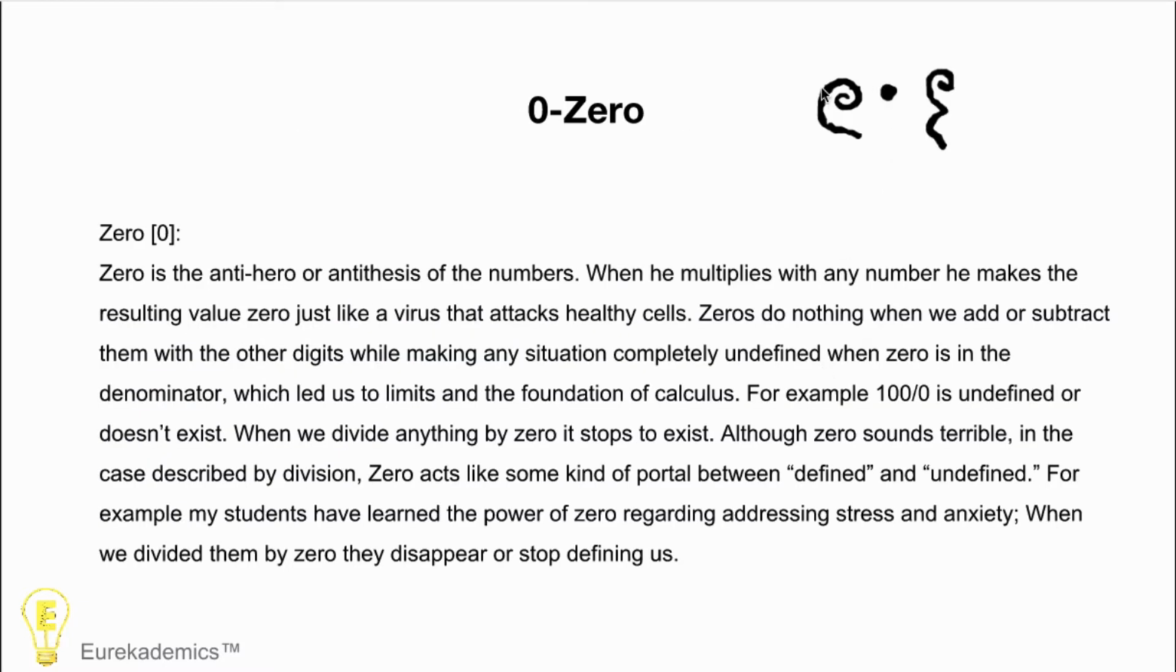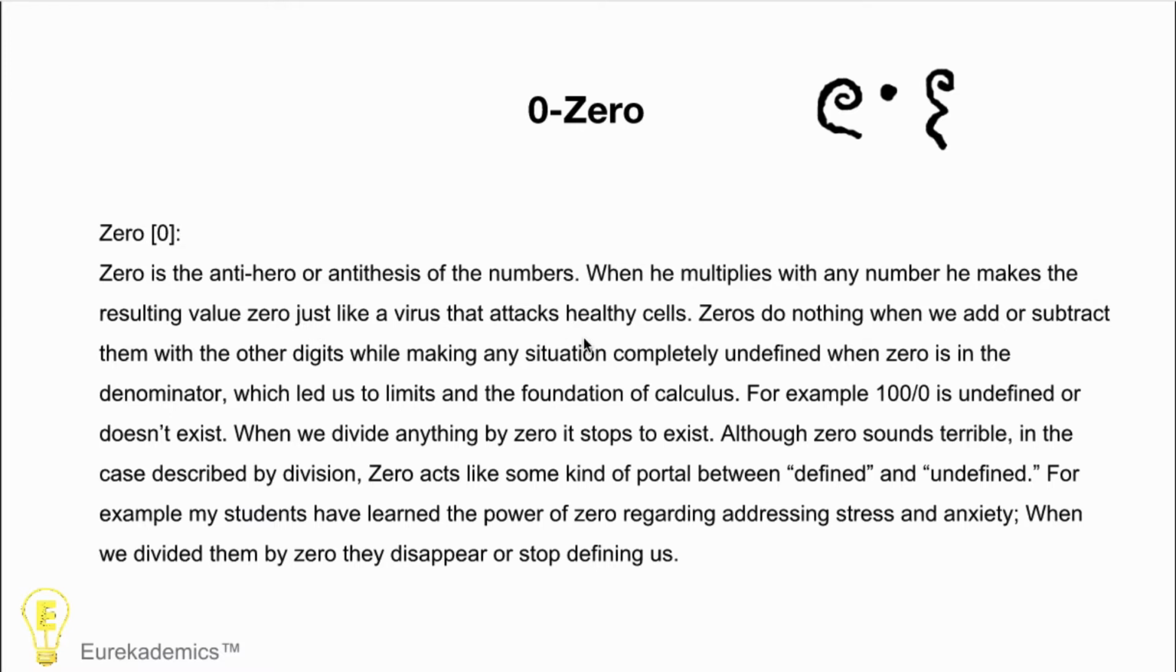So over here we have the evolution of the zero as being used as a dot. That was the first representation of zero. Zero kind of serves as the anti-hero in arithmetic and numbers as you study them. When we multiply zero with any other number, it makes the resulting value zero, kind of like a virus that